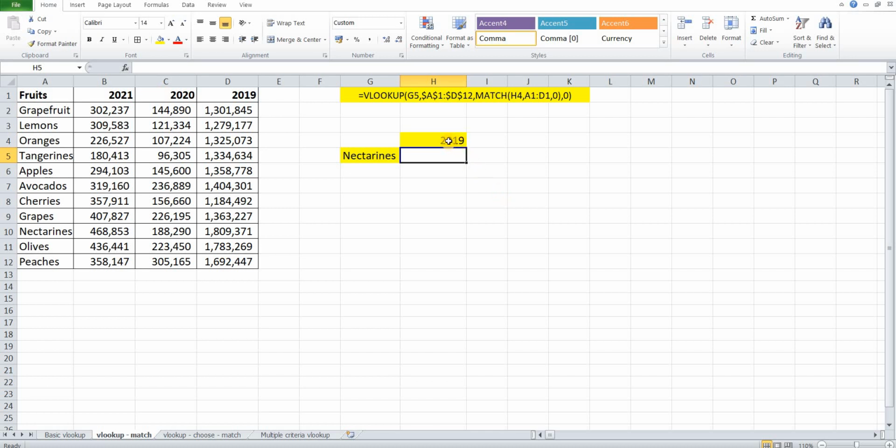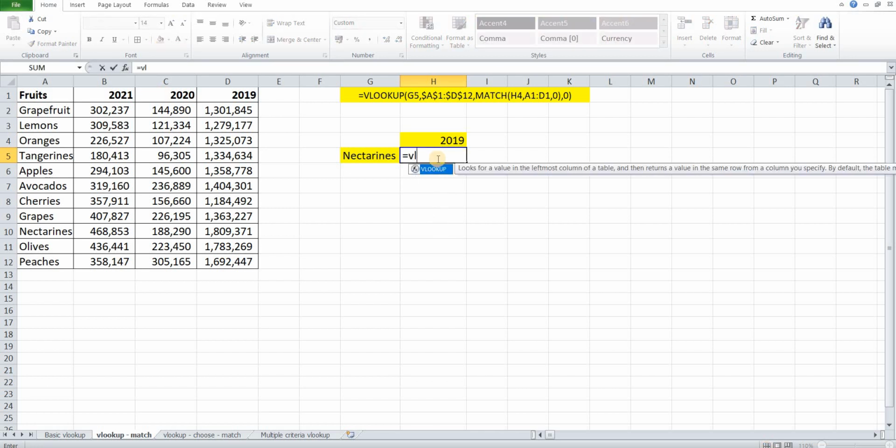Here I would like to have data for the year 2019 and for the fruit nectarines. Let's use the VLOOKUP and MATCH combination to get this data, equal to VLOOKUP. This is kind of two-dimensional data, since you have two different factors through which we will get our data. So VLOOKUP,